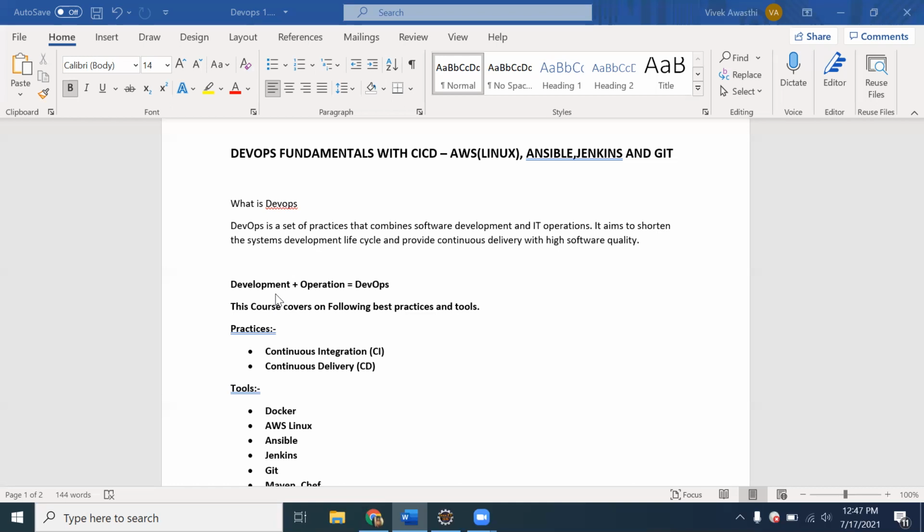Using automation, DevOps practices, and the tools available for that, we can achieve faster deployment, shorten the operations time, and deploy the application in a minute or even less than a minute. So that is basically DevOps. It is a set of practices and a combination of software that can provide high quality software in a short time. Basically it's a combination of development and operations.